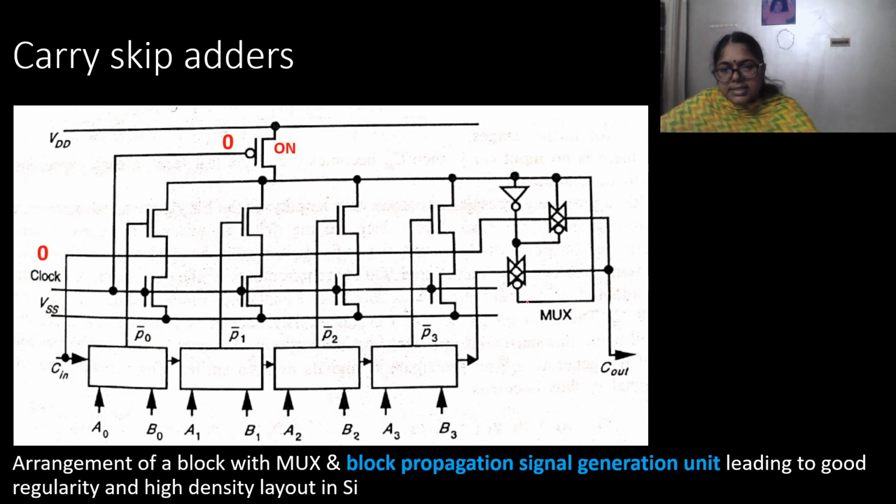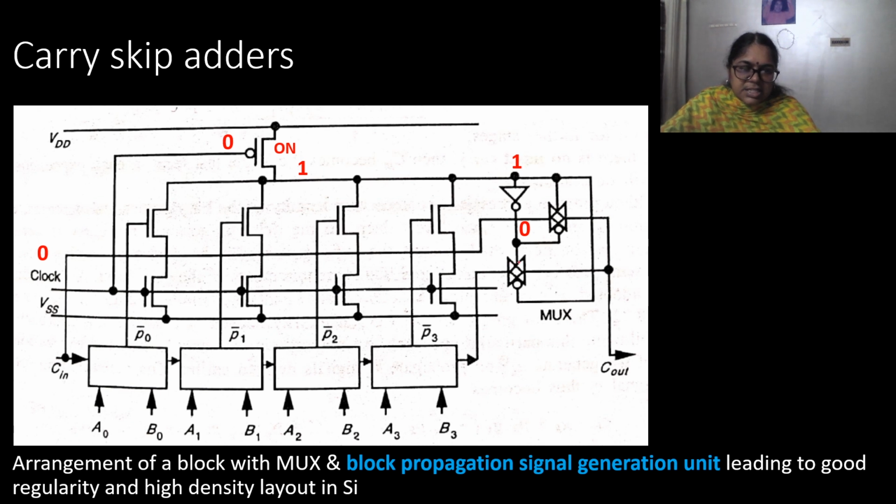Now if the clock signal is equal to 0, then the PMOS transistor is on. So when the PMOS transistor is on, then you can say that the output here, this particular line, is going to be actually charged to logic 1. So when logic 1 is given as input to the NOT gate, then output of the NOT gate is 0. So you can see that this particular transmission gate, 1 is given to the gate of NMOS and 0 is given to the gate of PMOS. So this transmission gate is on.